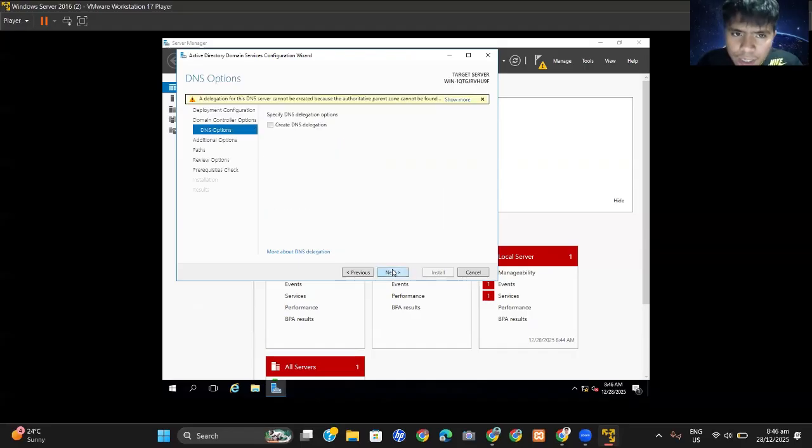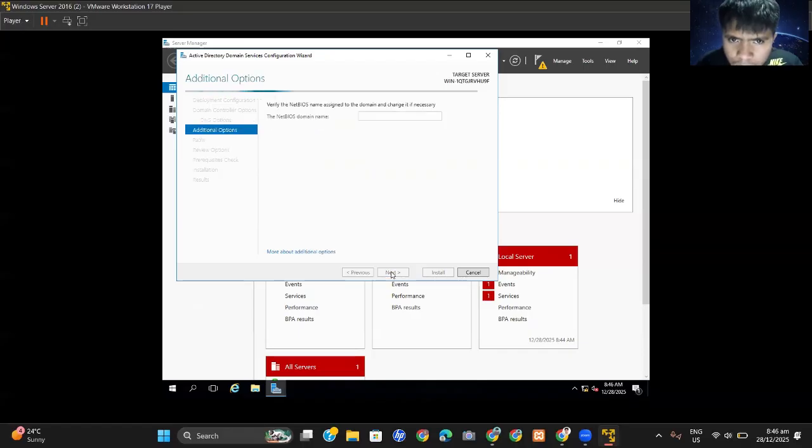Just click next. Then create a DNS delegation. So here we need to create the DNS delegation. Then click next, so we can set up the NetBIOS name. So just wait for the moment.